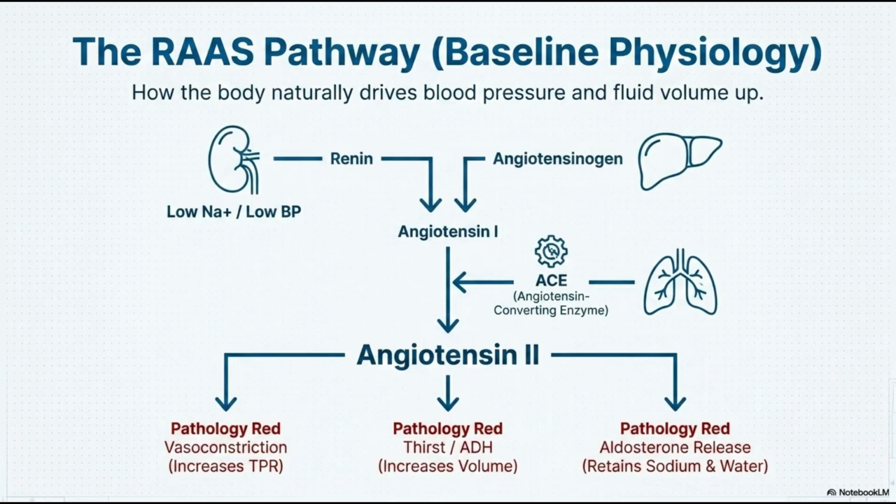Before we can inhibit it, we must understand the renin-angiotensin-aldosterone system. When the kidneys detect low sodium or low blood pressure, they release renin. Simultaneously, the liver produces angiotensinogen. Renin cleaves angiotensinogen into angiotensin I. As blood passes through the pulmonary circulation, the angiotensin-converting enzyme, ACE, produced by the lungs, converts it into the potent